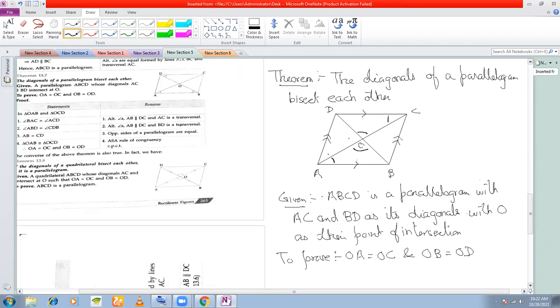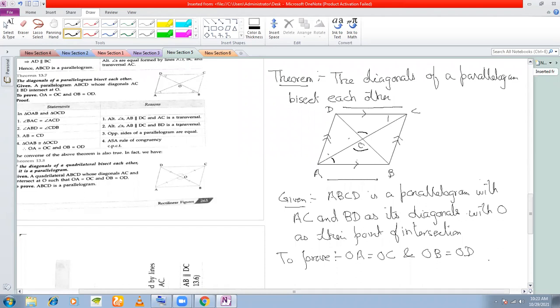Okay, what about one side we need? And the only side that is there is AB and DC, this side and this side. So since ABCD is a parallelogram, therefore AB must be equal to DC because opposite sides of a parallelogram are equal, right? So we'll write this. So therefore these two triangles are congruent. But by what axiom can you say these two triangles are congruent? Anyone? Angle side angle.